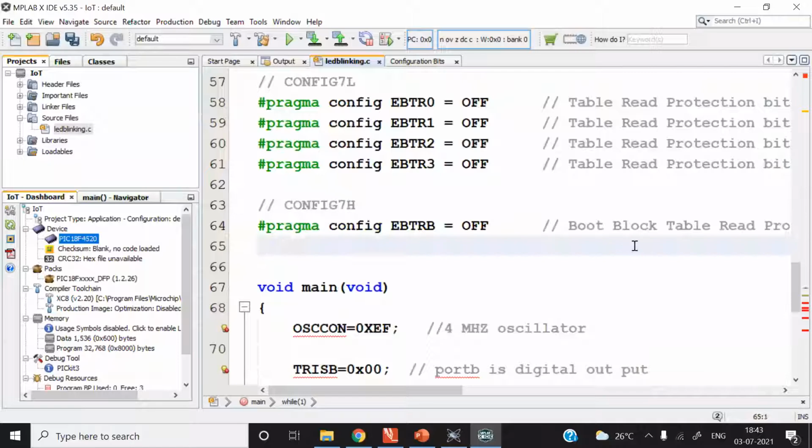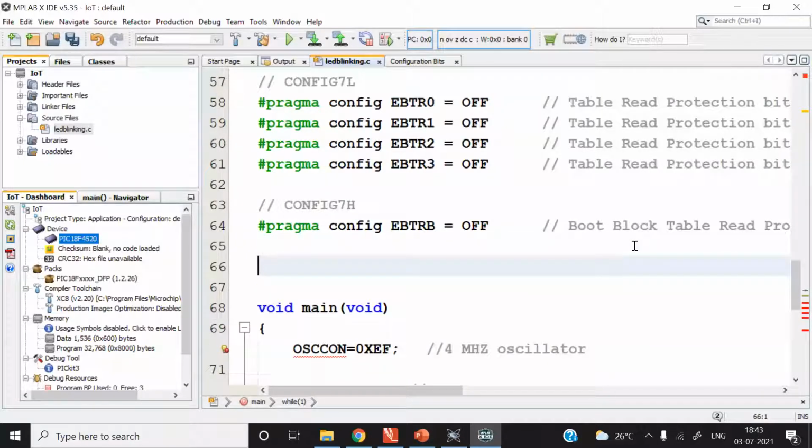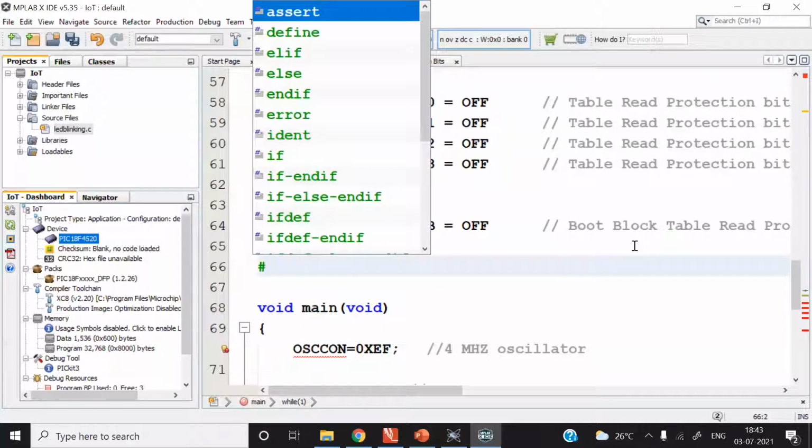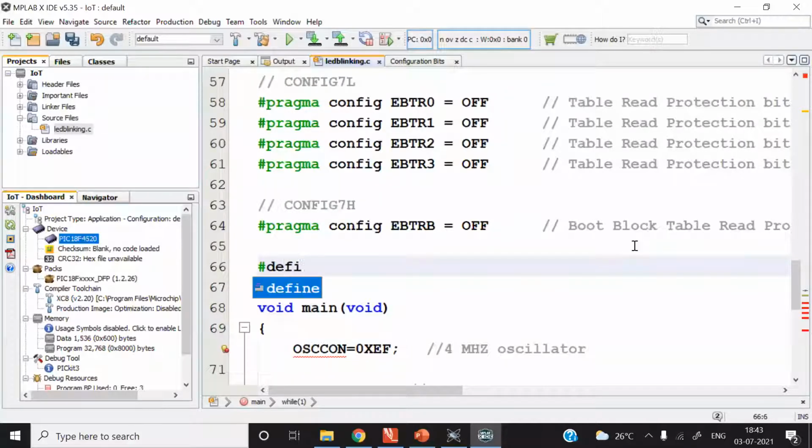To make use of the built-in macro, you need to define one variable, because that variable is used inside the macro. So using the hash define directive, define that variable. Hash define, underscore, in capital XTAL underscore frequency, and then mention your crystal frequency.